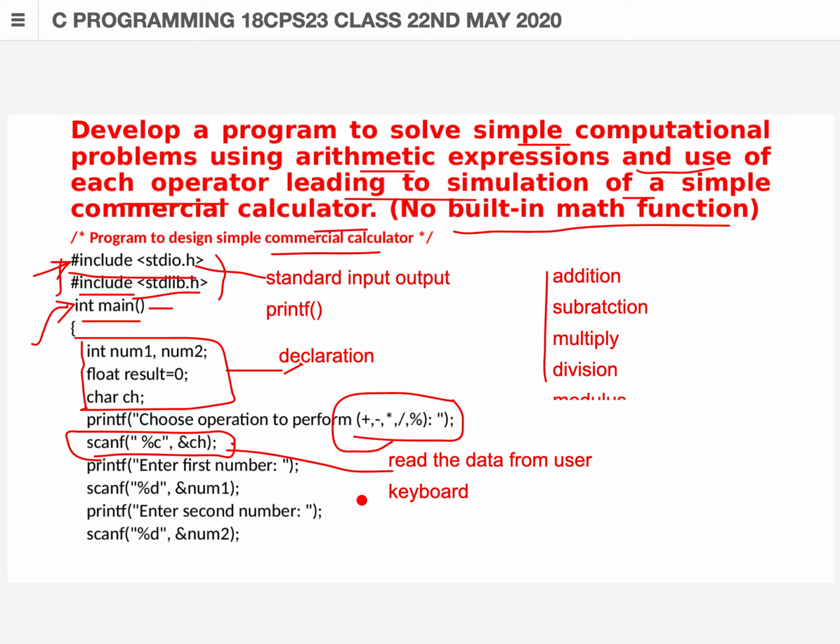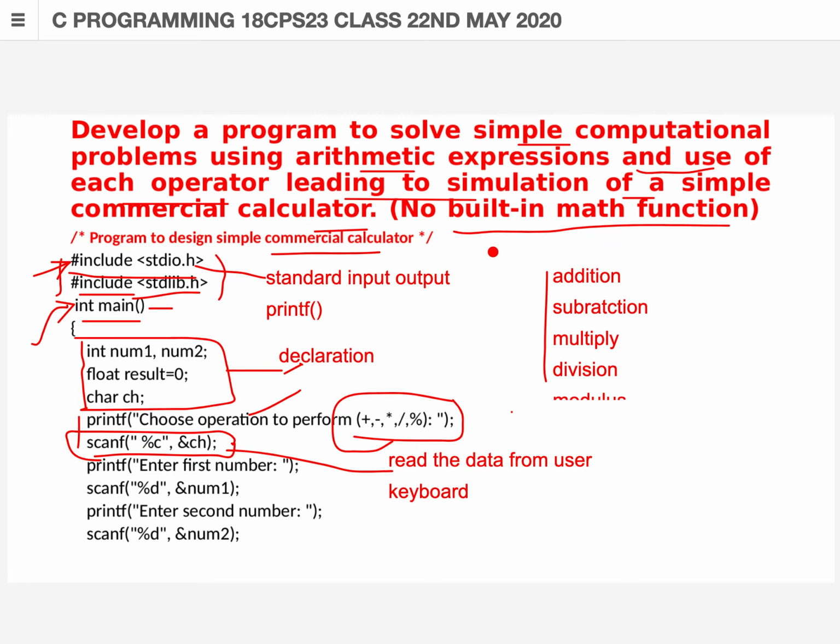So this is about how to read the data. To print the data onto the output screen, we use the printf statement. A printf statement with some variables will display the values on the output screen. A printf statement without any values directly displays a complete string, such as a welcome message, onto the output screen. So this is about basic printf and scanf statements.